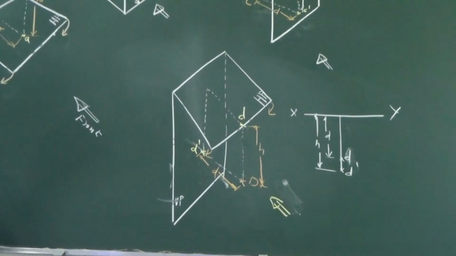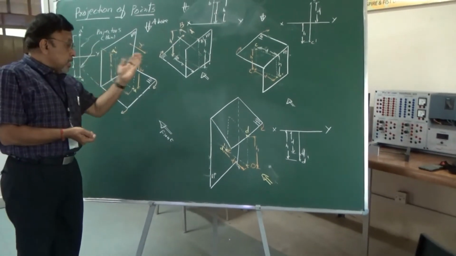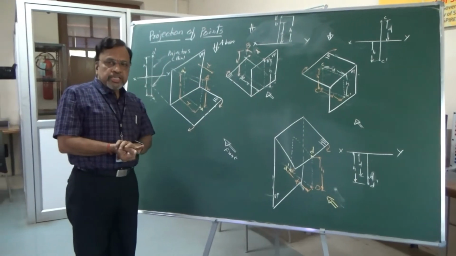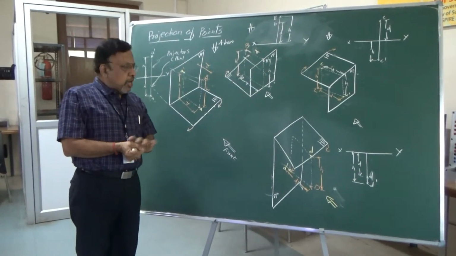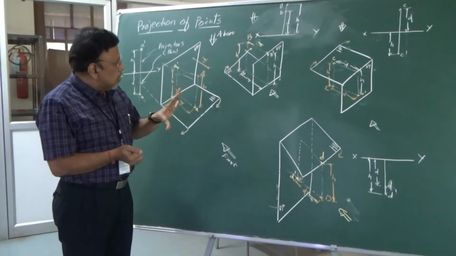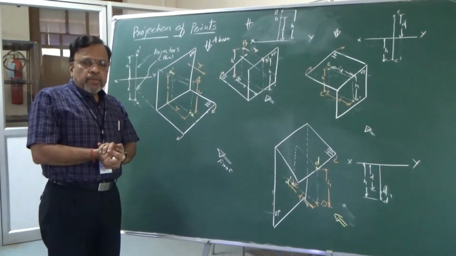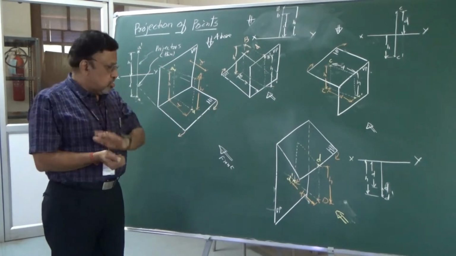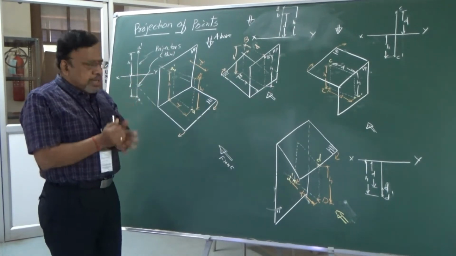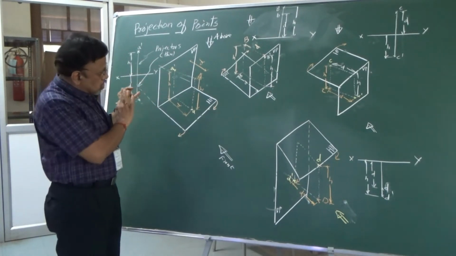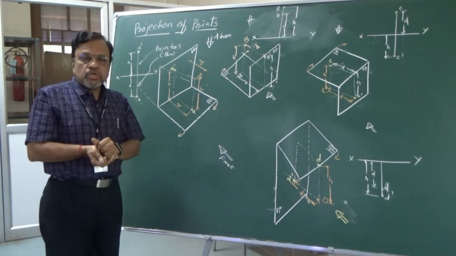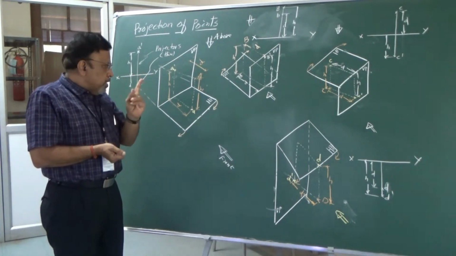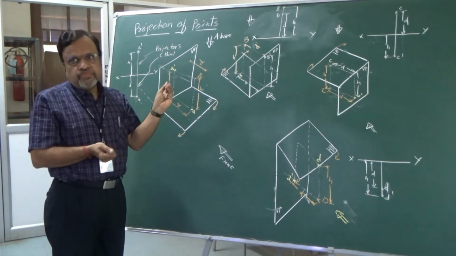Now we have just covered, by giving these illustrations, when the point is in different quadrants, how exactly we are going to get top and front view. Always remember, depending upon which quadrant a point lies, its top view and front view relative positions will change. Now you can make a common conclusion if you observe all these figures. And always remember, whenever we look from the front,